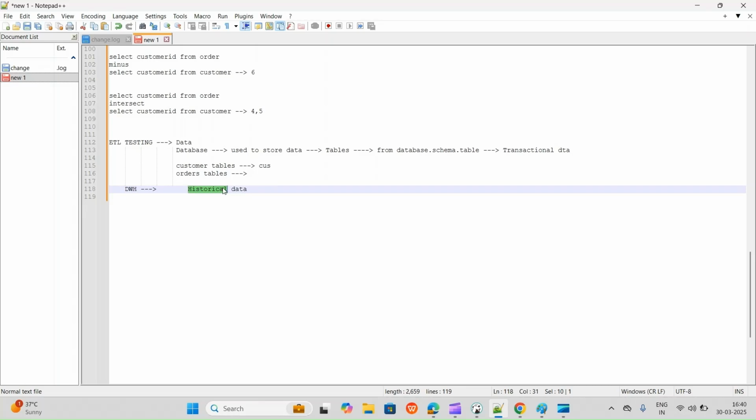And the data warehouse is used for reporting purposes, to have a better understanding of your business. Reporting is a presentation layer. This is the final layer of any database or data system, to have a